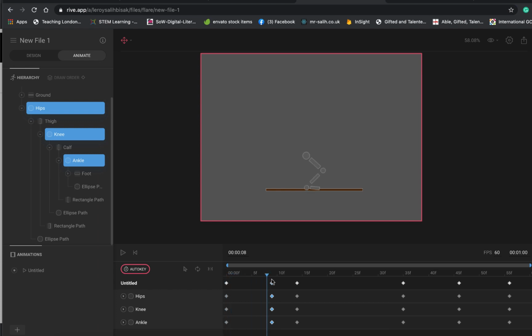So now he comes down, holds that position, and then springs up, and then starts coming back down again to the crouch, and then stands back up. Okay, so it's not ideal. There's a few rough edges,